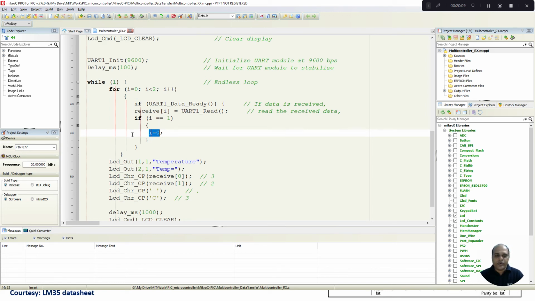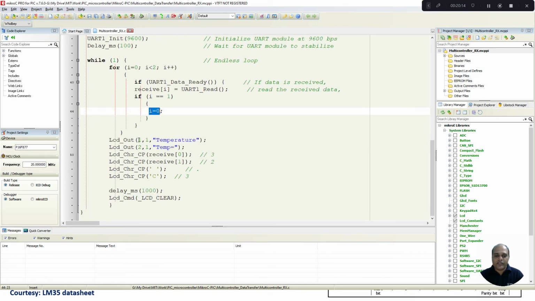Once I receive the two data, I put them onto the LCD. First, in the first row, first position, I put temperature. In the second row, first position, I put temp equal to, and then the received data. The received data is put using Lcd_Chr_CP, so receive of 0 goes to the subsequent position and receive of 1 comes to the next position. So we are putting the two data which we have received from the transmitter side